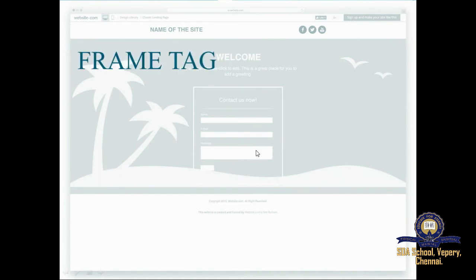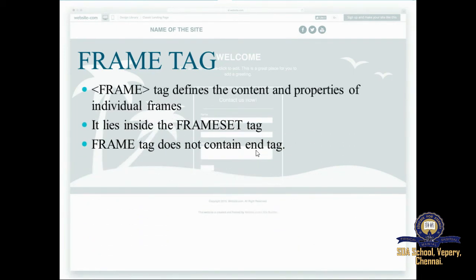So next you have the frame tag. The frame tag is nothing but it defines the content and properties of your individual frames. Now you have divided the screen or the web page into multiple frames, and what each and every frame should contain is denoted using this frame tag.